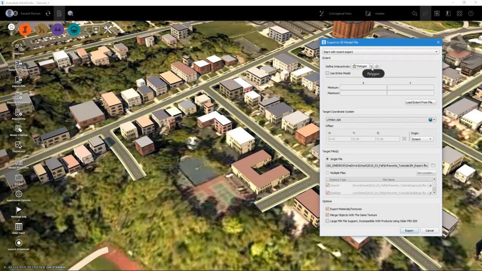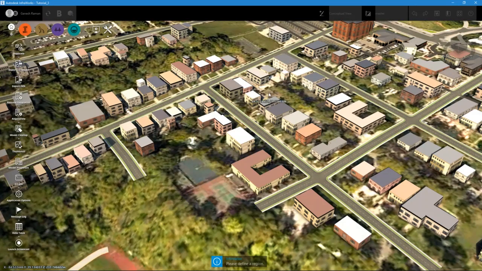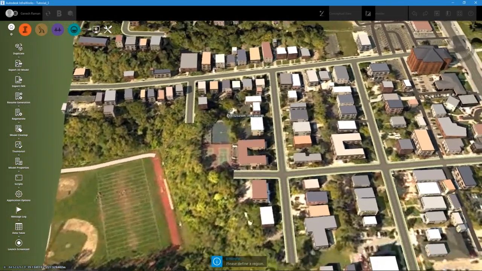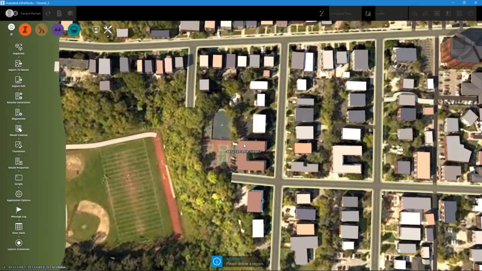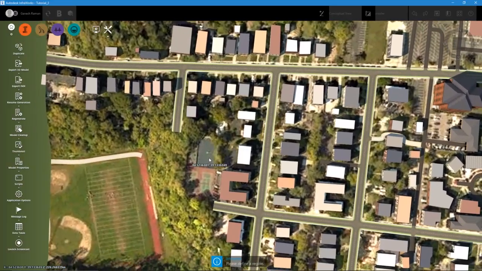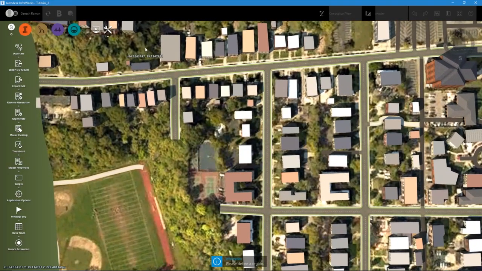So in this case, I want the areas between the 4 streets here. Because I know it's a rectangular area, I'm going to choose a bounding box. When I choose a bounding box, it removes the window, and now I have the option. I'm panning on it to position myself. It's best to do that in a plan view. So I'm going to try to get to my plan view here. And then I'm going to left click on one side and come on to the other side. While I do that, it shows you the latitude and longitude of the area that we are looking at. So I'm going to select here